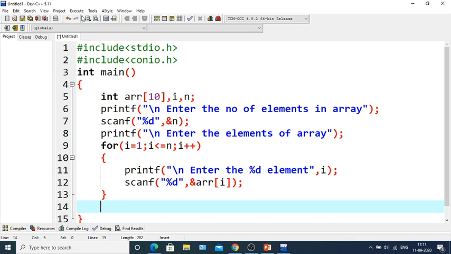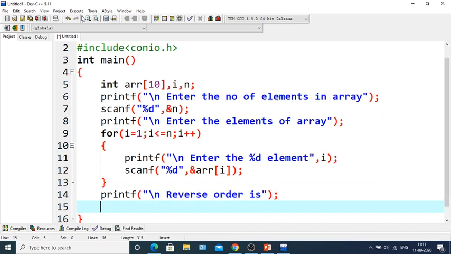So now we are printing the elements of the array in reverse order. printf, the reverse order is, and we have to take a for loop: for i equals n, i greater than or equal to 1. So it will go down to 1 and the value of i will be decremented.